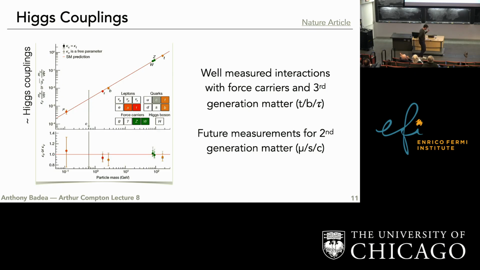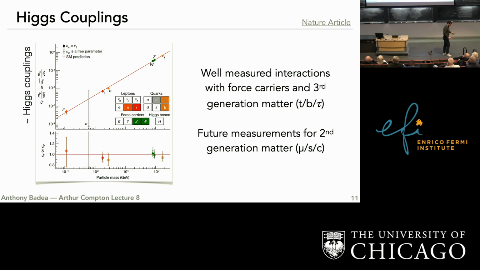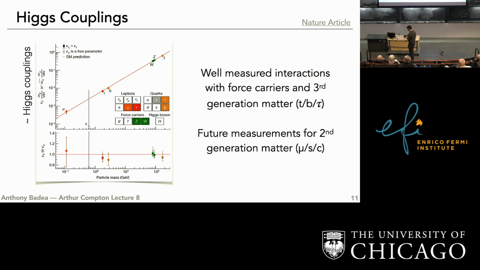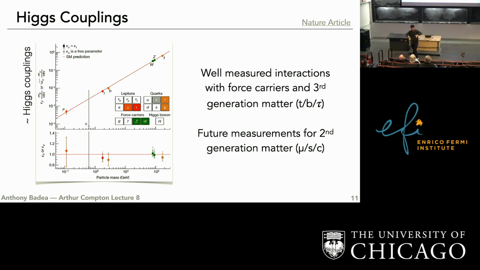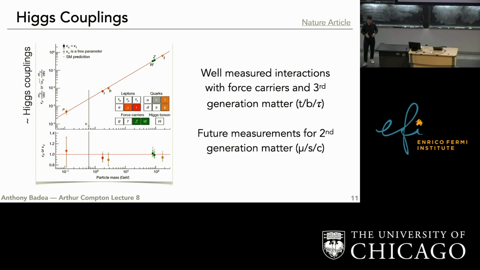Right. So the question was, on here, the W and the Z from the weak force, they have mass, and so there is a coupling there. But then I said that we also measure couplings to, for example, gluons or photons, but they don't have mass, so what are we talking about? What we're talking about is actually interactions where two gluons come in, and then they produce top quarks, and then you get Higgs at the end. So I don't usually do this, but because it will be illustrative, we're talking about two gluons coming in, top quarks being produced, and then a Higgs boson coming out. So through intermediate particles, you see. It's a virtual particle.